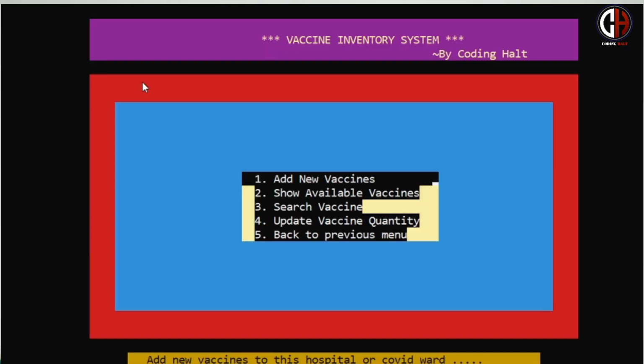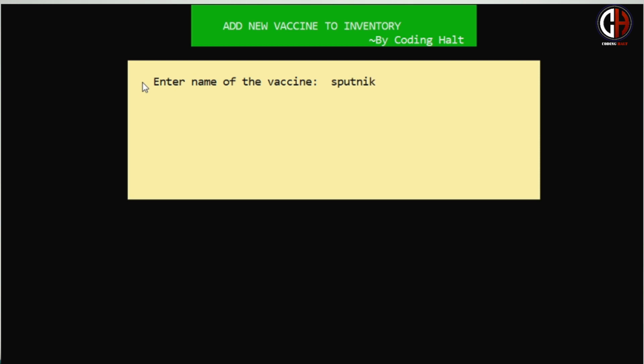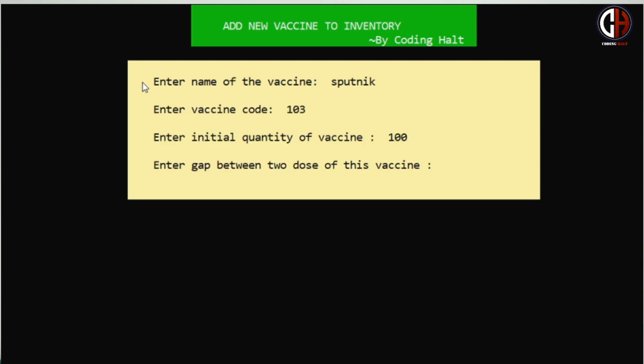Also, when you come to the vaccine inventory, you can update all the vaccine details. You can update the quantity, you can search the vaccine, or you can see how many vaccines are available in a hospital. Also, when you are allotting a vaccine to any person, the program will automatically deduct a vaccine dose from the vaccine inventory.